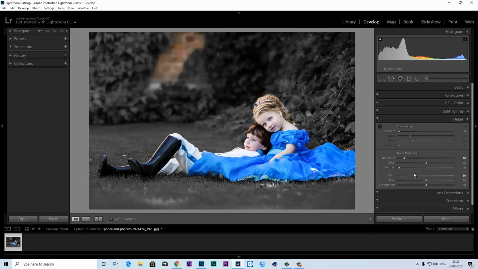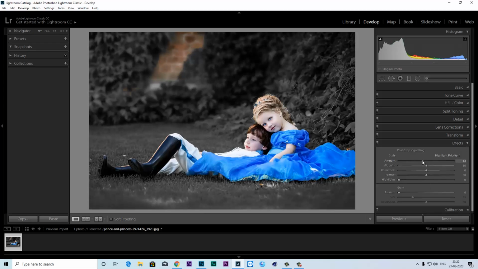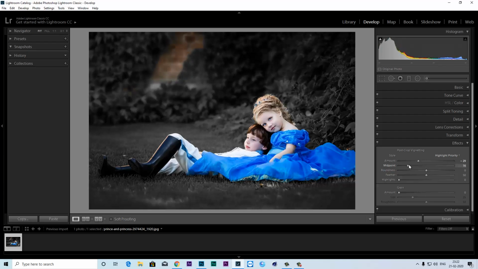Now go to the effects, decrease the amount to minus 30, and decrease the midpoint to minus 30, sorry, only 30,